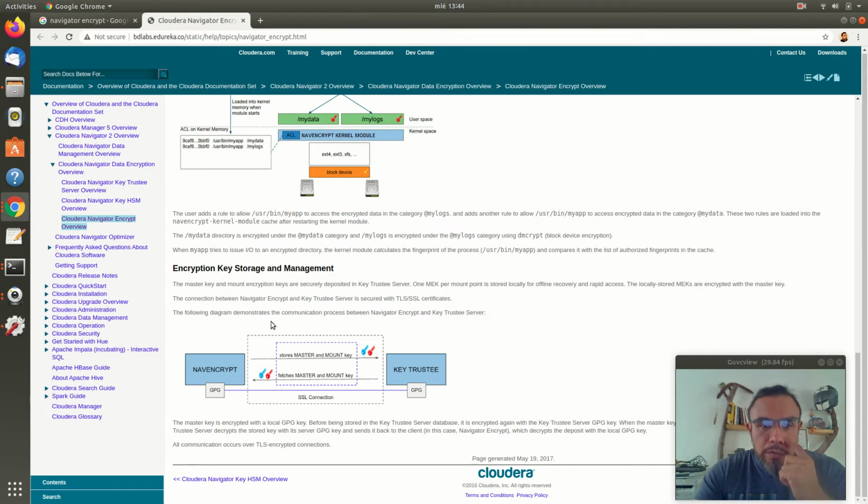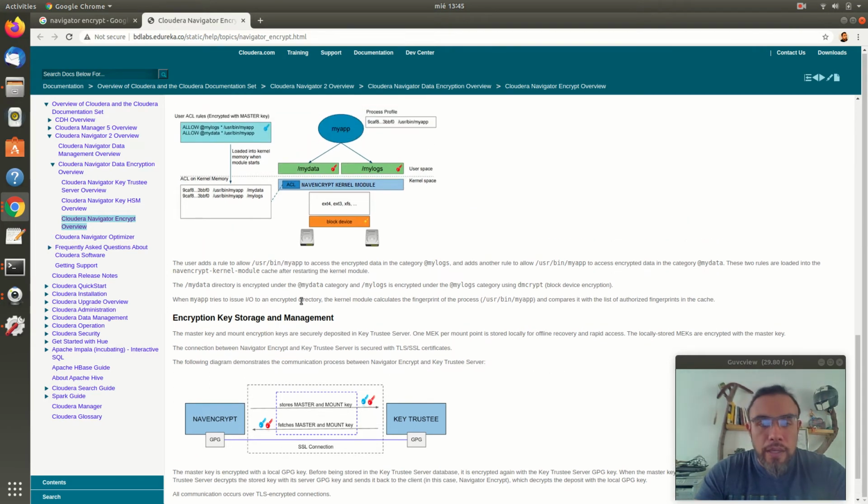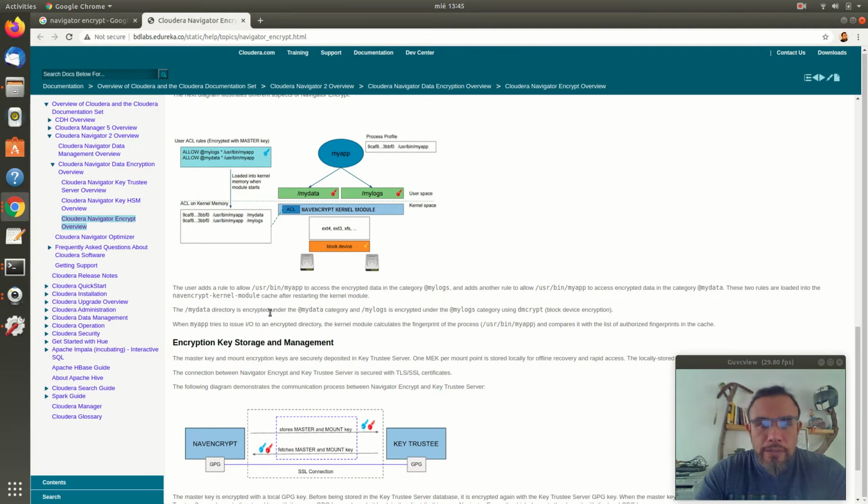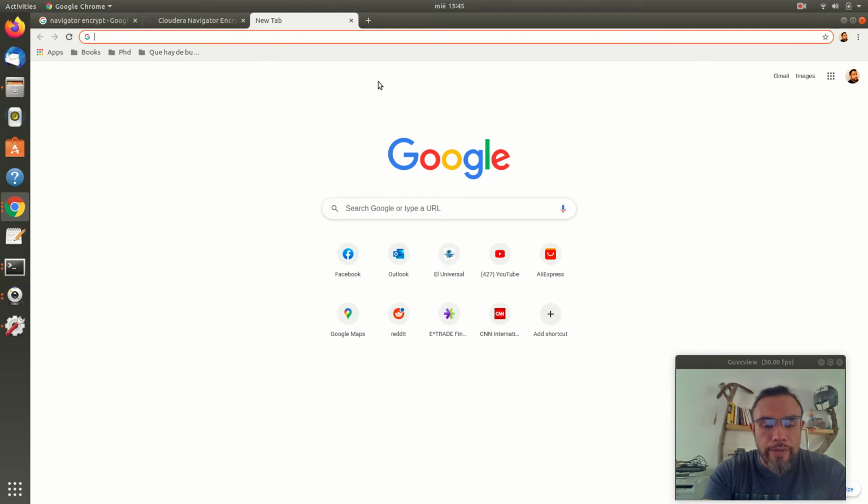Now it's important to know that the only open source that we have available is the kernel module. The Navencrypt application that sits in the user space and its CLIs with the key trustee are Cloudera's proprietary. So I'm going to be talking only about the kernel module in a quick walkthrough. You can contact Cloudera to get the source code of the Navencrypt kernel module, or it's also available